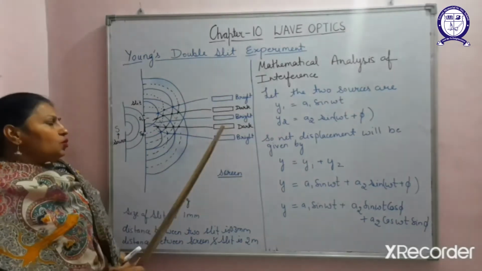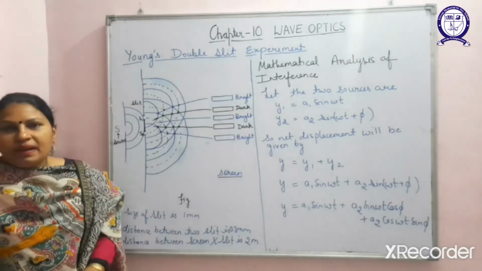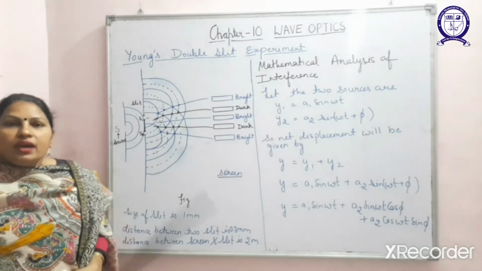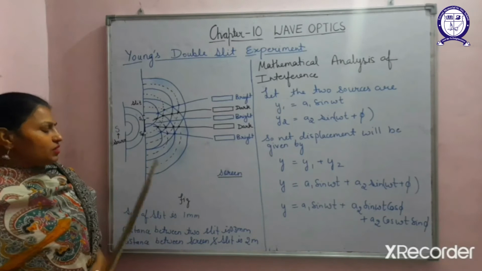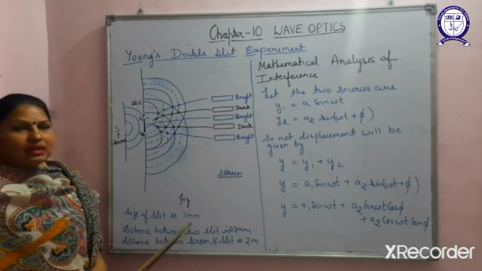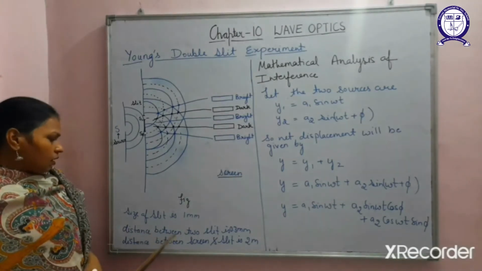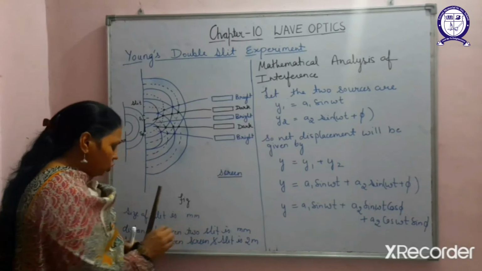So we are going to have a pattern of bright, dark, and so on, depending upon the constructive and destructive interference conditions. The point to be noted when you write about the construction of the Young's double slit experiment is that the size of the slit is approximately 1 mm. Clear? Similarly, over here there is a mistake. The size of the slit is 0.3 mm.